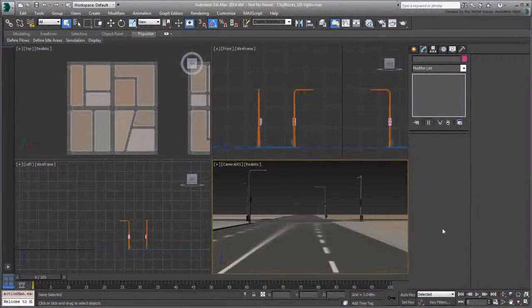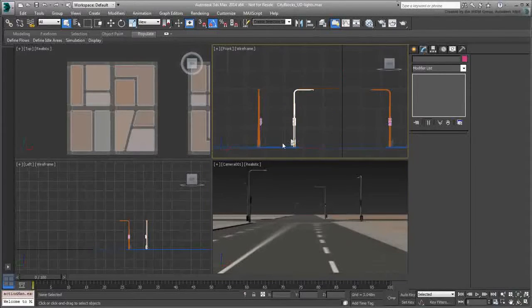Continue working on your file from the last movie, or open the file named cityblocksUGLights.max if you need to catch up. Earlier, you placed the light pole, traffic lights, trash can assembly and duplicated it using simple transform commands. You still need to duplicate light poles on their own, not the whole assembly, to have enough poles around the